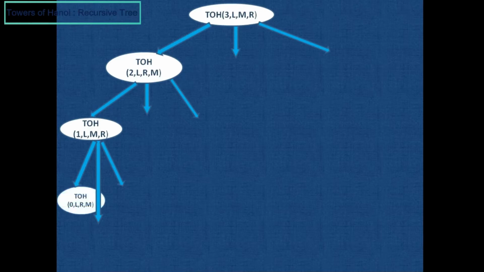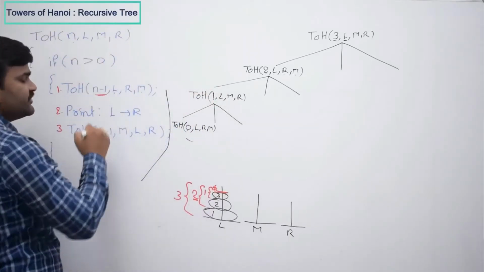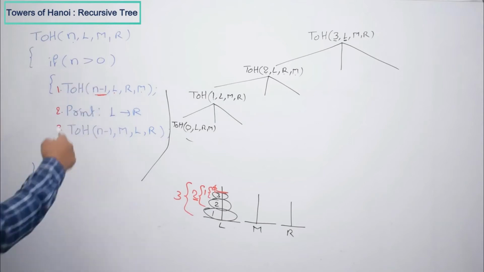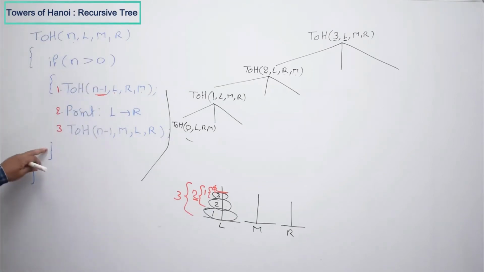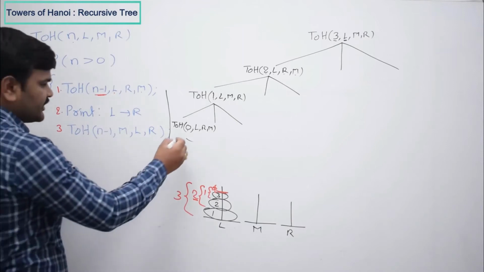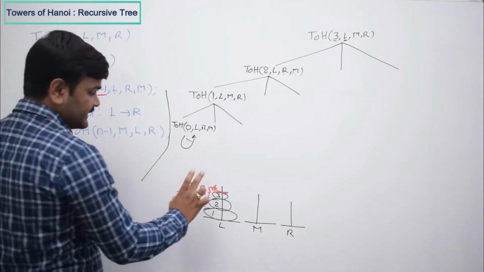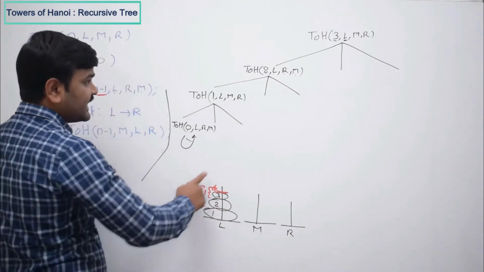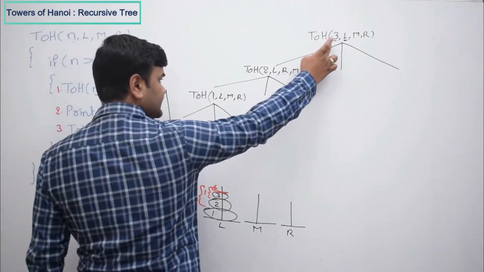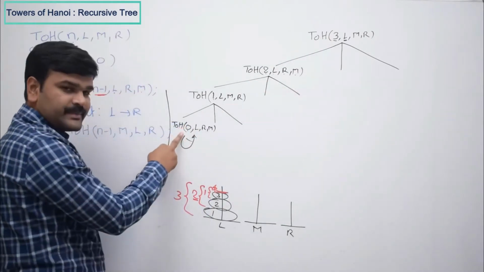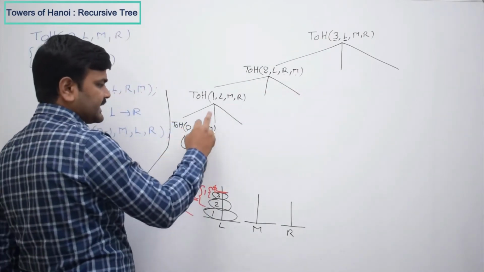Now with 0 again the function call is there, n is 0, 0 greater than 0 condition false, so it is coming out of the condition part and then going back. So it is simply going back. So that is what happened. That means where you started at n is 3, you went down till 0, then you are going back.